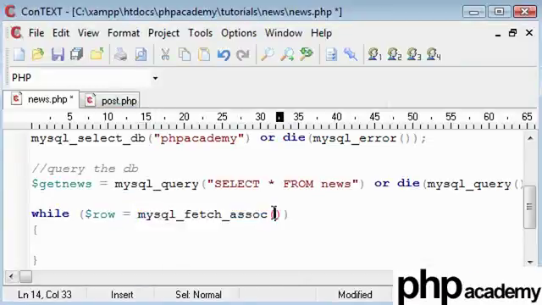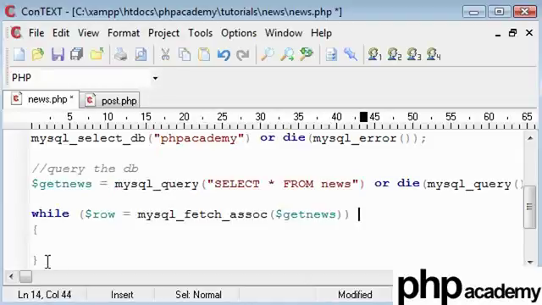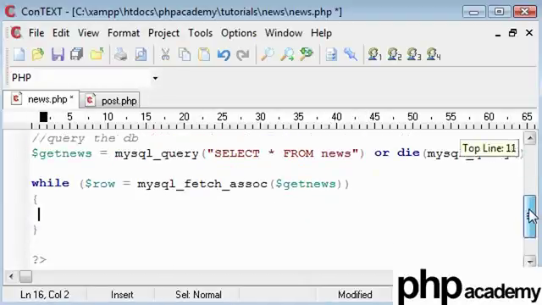And like I said, because we've stored this query inside a variable, we can then say get news. This is getting an associative array from our query here. Okay, so inside here is basically getting our data, or rather echoing our data out. So what I'm going to do is, in fact no, what we can do first is get data, and we've got ID equals